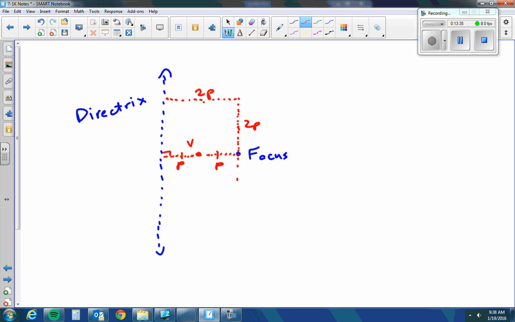I'm saying the point that I'm drawing here is the same distance from the directrix and from the focus, so it's on the parabola. And if I go 2p the other direction, once again same parallel, then I must have found another point on the parabola. Because that's 2p and this is 2p, and then I'm on the parabola. And now you can draw your parabola. So you can go through that point,